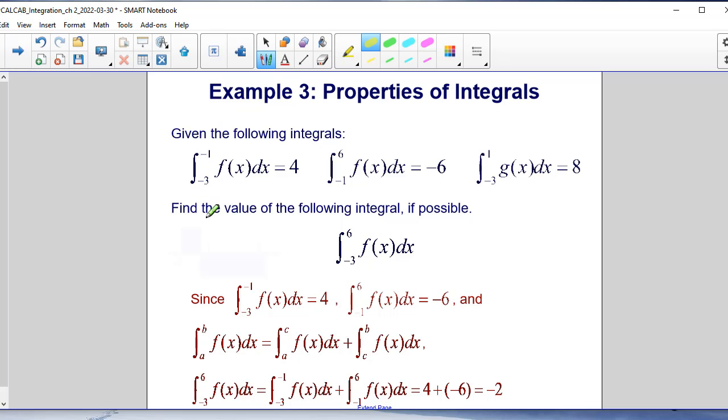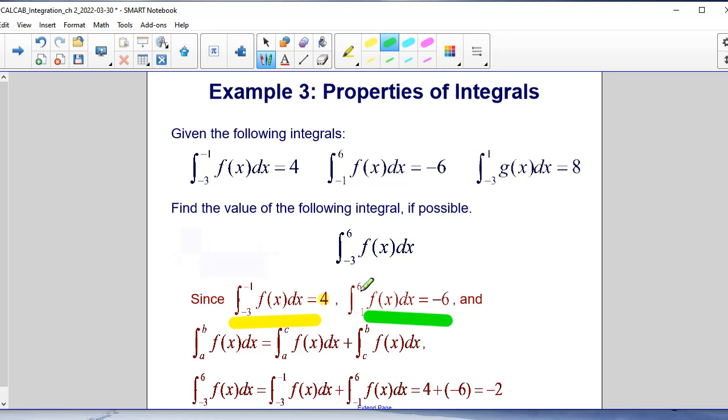So here's what we do know. We do have an integral of f of x, and that goes from -3 to -1. It also has a value of 4. We also have a second integral of f of x, and that has a value of -6 as it goes